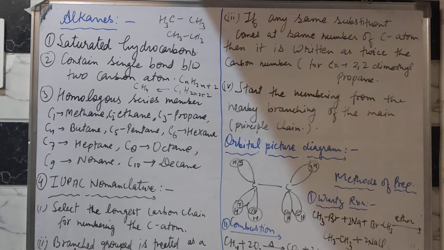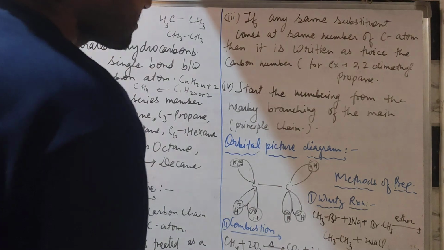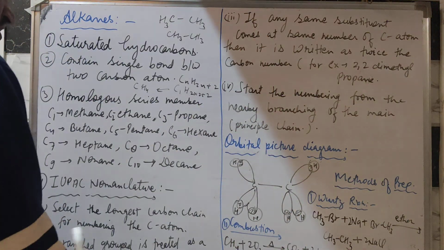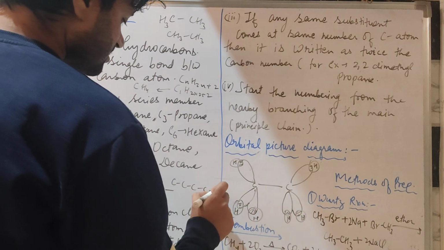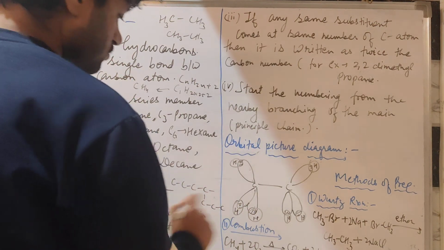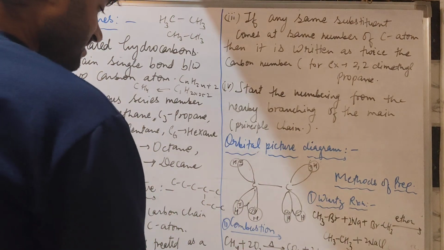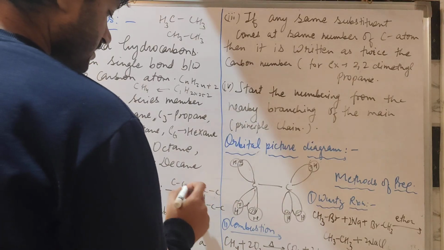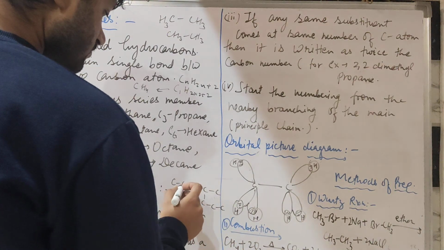IUPAC nomenclature: we talk about the IUPAC nomenclature of the compounds. Select the longest carbon chain for numbering the carbon atoms. A branch group is treated as a substituent. The longest carbon chain should be selected. If the carbon numbering is like this, you should select from here 1 2 3 4 5 6 7 carbons, but if you take this straight path, 1 2 3 4 5,